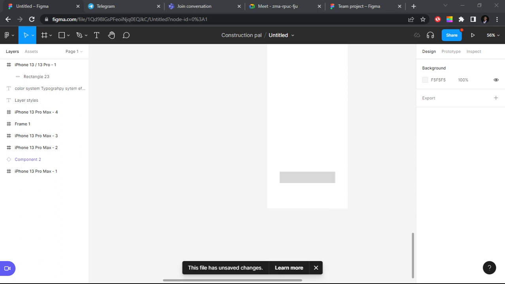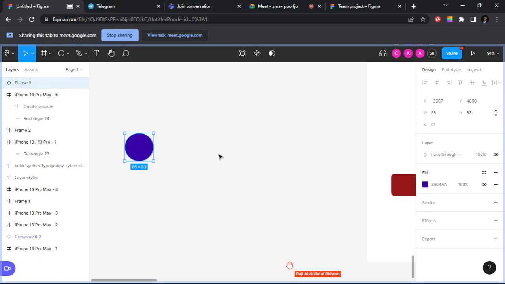Now, to create a color style, for instance, let me use a circle to differentiate. I will just draw a circle now. If I come to this circle, let's just say we want to be working with blue. I choose this tone of blue as what I want to be working with. Now, to document this blue in Figma as a style so that any designer anywhere will see it,